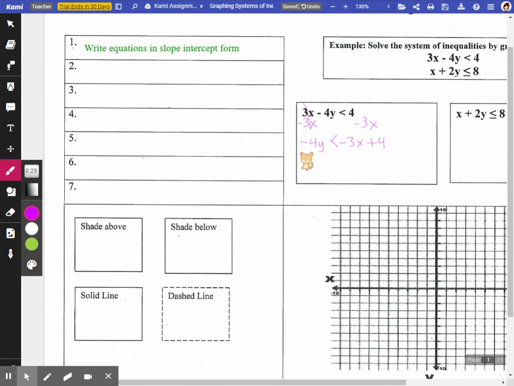Now I still need to get y completely by itself, so I have to divide by that coefficient, negative 4. So I divide everything by negative 4. That cancels out. Now y is truly by itself. You flip your inequality sign if you divide by a negative. So I get y is greater than